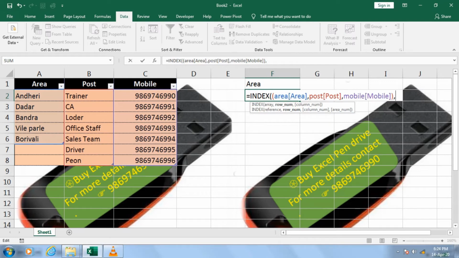So I cannot say that we have to go down. Okay, comma. Now it is asking the how many column. I'm not sure about the column also, so I just keep it as it is. Okay, guys, now this is the third option. Now it is asking, so I just put 3 comma. I repeat, I just put 3 comma, then finally it is asking area num.